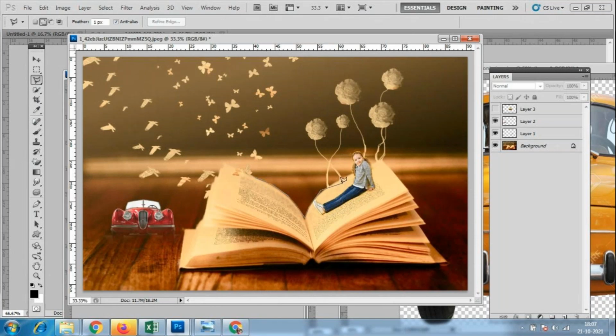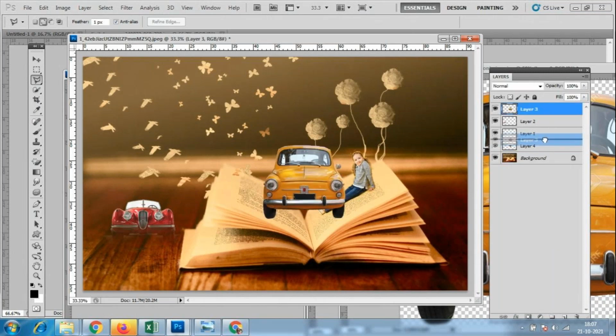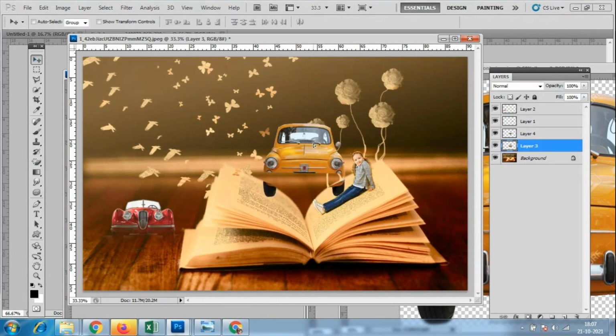Is it possible that I can place it like this? That is not looking proper. So I can place it only here itself.